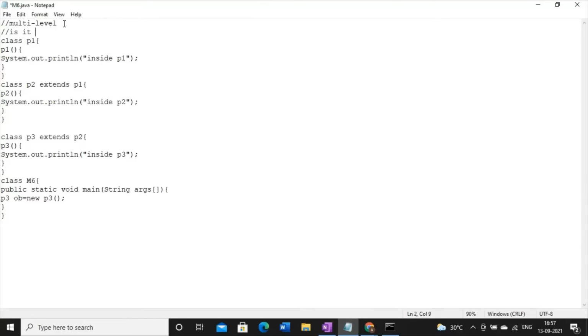Is it possible to call the superclass's constructor without the super keyword?